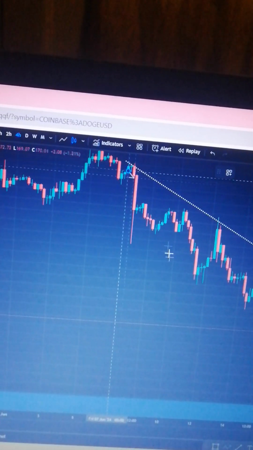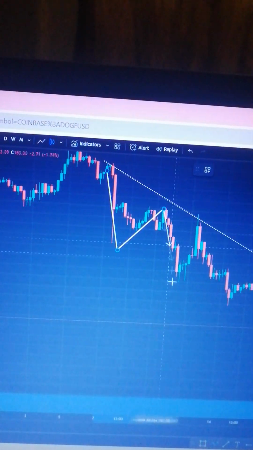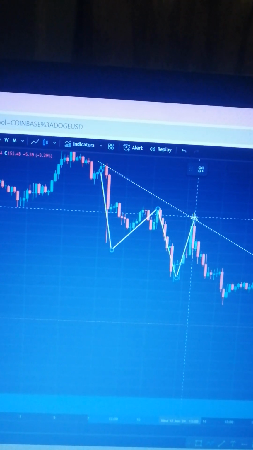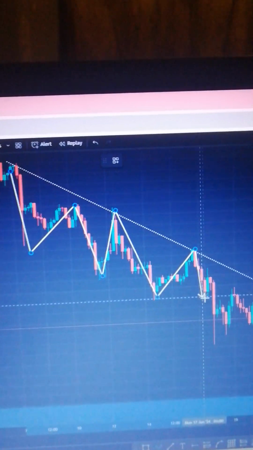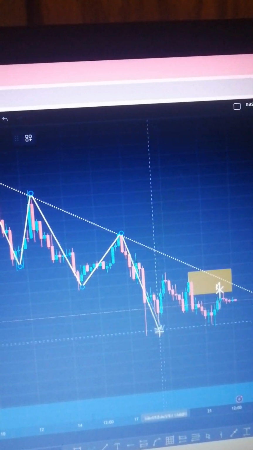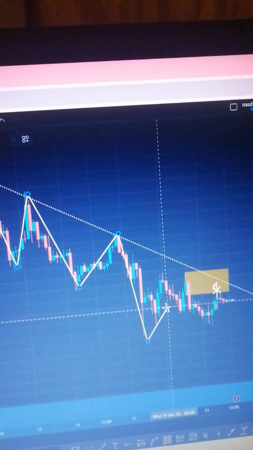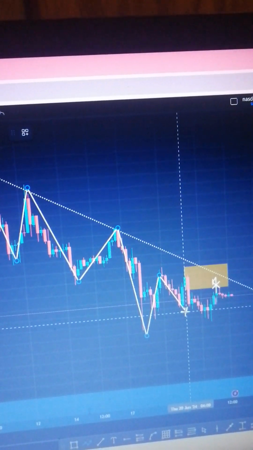Price making lower low, lower high, lower low, lower high, lower low, lower high, touching that trend line, lower low. So this is the lowest low, and the price was now pushing up to go and make another lower high